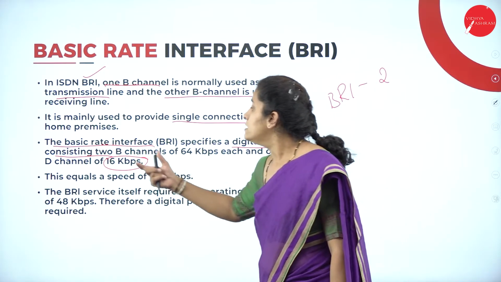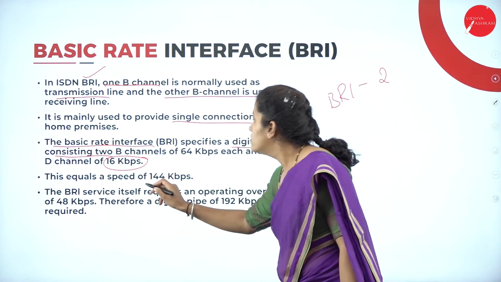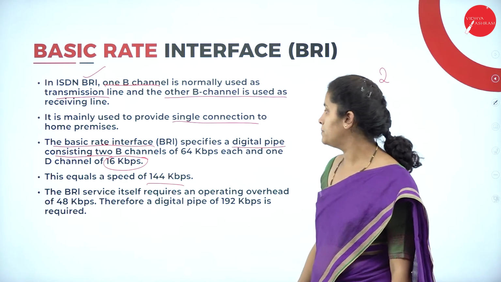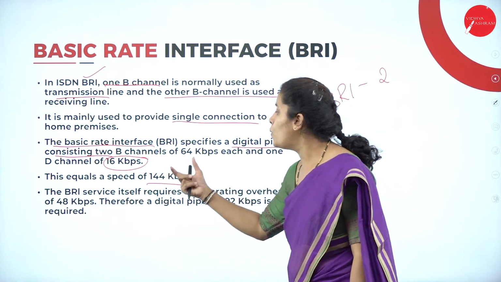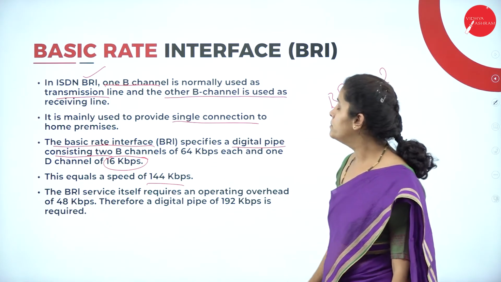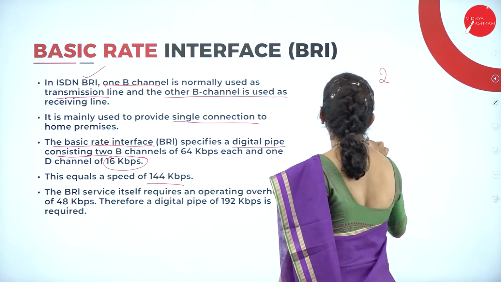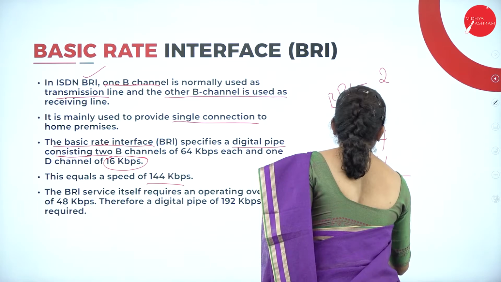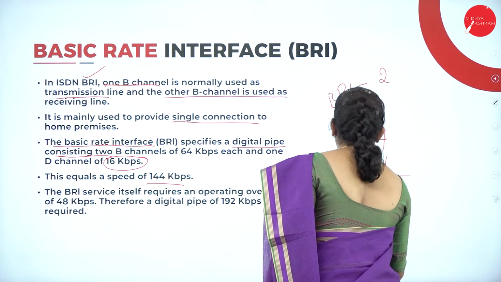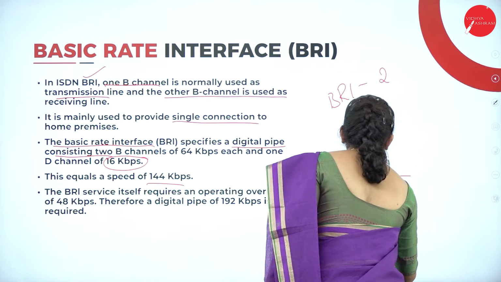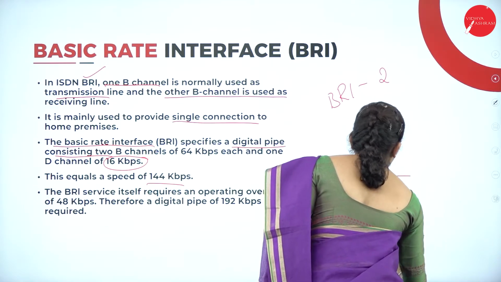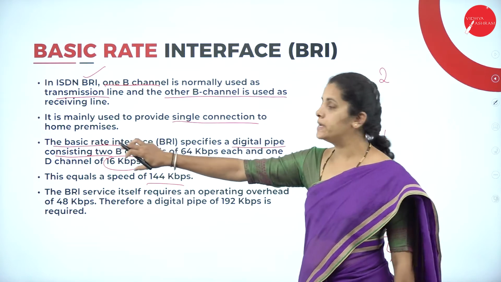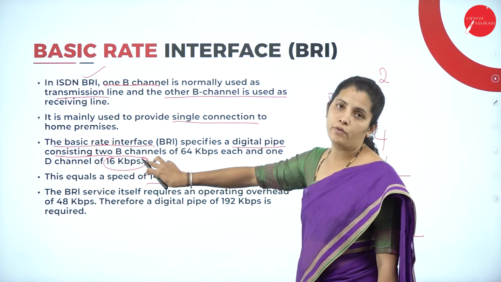So here the speed is 144 kilobits per second. That means it is equal to 144 kilobits per second. That is 64 plus 64, we are going to have 128. Then I am going to add 16 here. So it is 144. So the equal speed here is 144